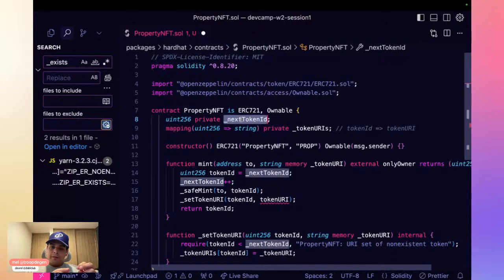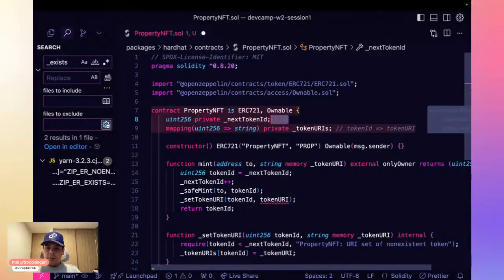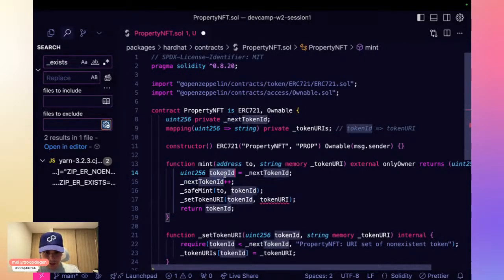It depends on how you want it, whether you want to start on 0 or 1. This is something some people get confused about. It usually doesn't really matter; it depends on how you want to do it. In our case, this is by default 0, so the first token that we mint is going to have token ID 0. Correction: it gets 0, and then it actually adds 1 at the beginning. So this is just about preference.